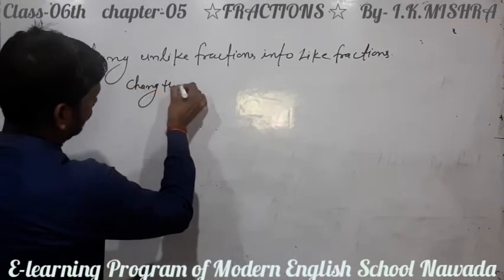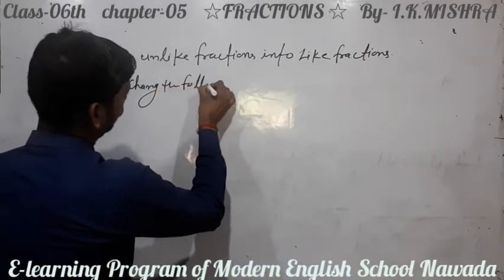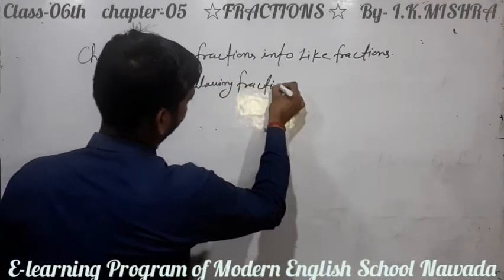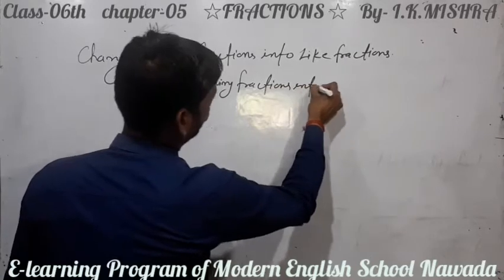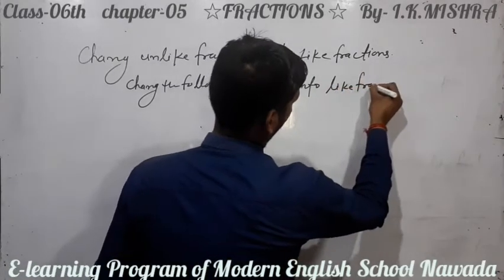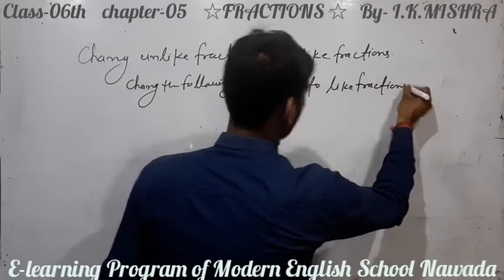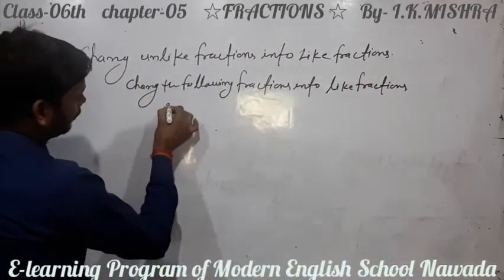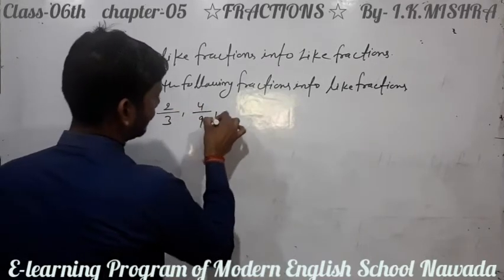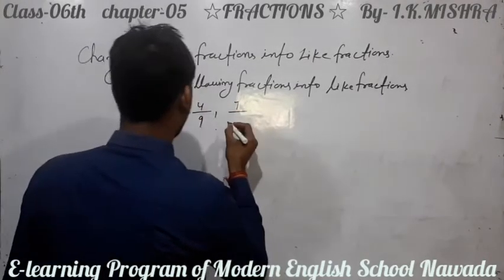Change the following fractions into like fractions. Suppose I write here 2 by 3, 4 by 9,